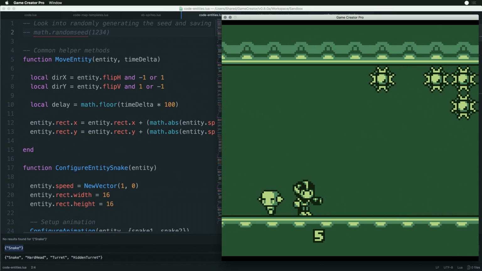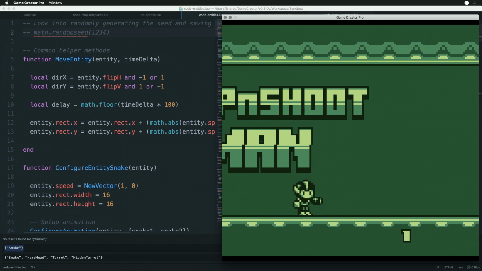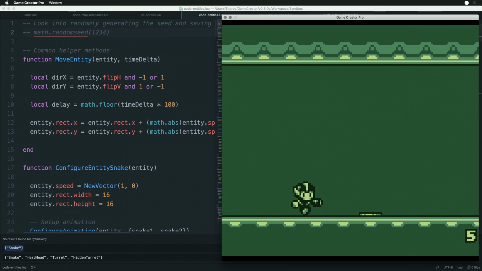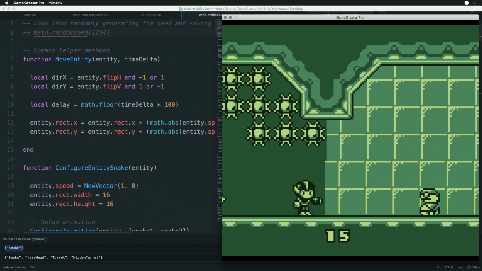All right, so this is random now. We're getting a little bit more variety. If I rerun this, we won't see the same things, because I've gotten rid of the random seed. All right, so